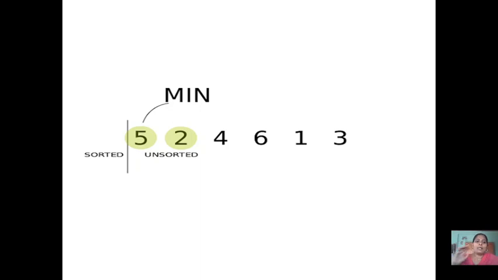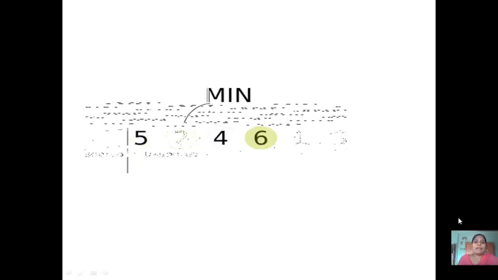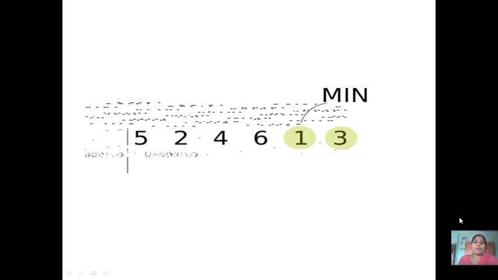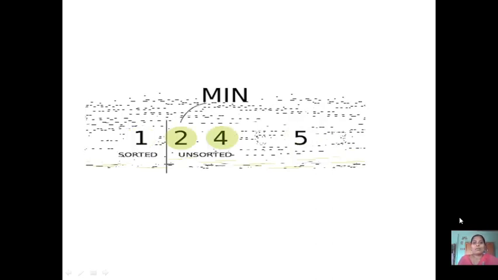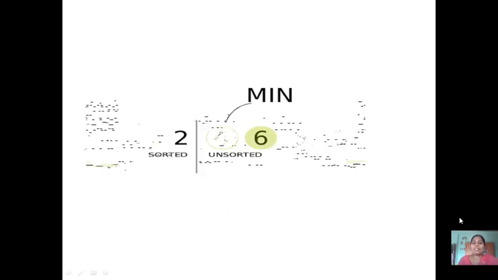Now see, here is an example. 5 and 2 are the elements. I will be thinking 5 is the smallest element, so I am comparing with all the elements. I found 1 is the minimum element, so I am exchanging 1 and 5. Now 2 is the smallest element I am expecting, and I am comparing with the 4, 6, 5 and 3. Among all the elements, 2 is the minimum element. Now I am selecting the next element, which is 4. 4 is compared with all the elements. 3 is the minimum, so the minimum is exchanged with 4.